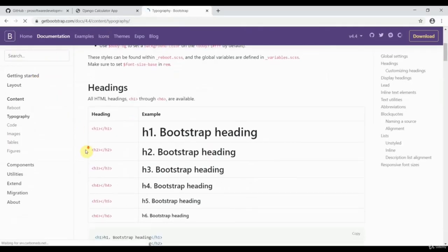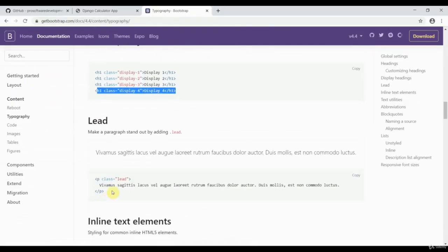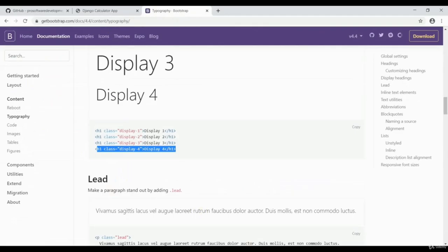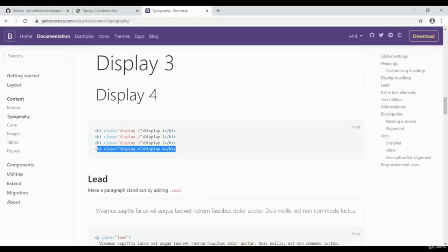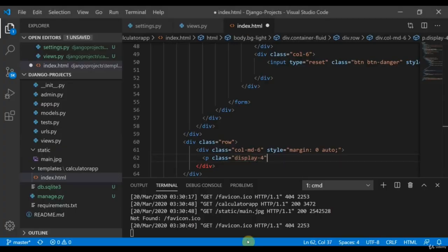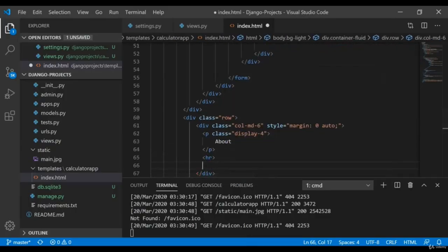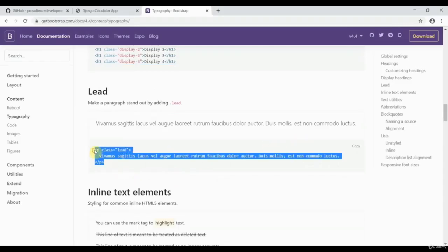We can have various things, one thing you can use here is display-4, or maybe lead as well, whatever kind you want to use. So I can use p class is equal to display-4. This is about, then we can give an HR tag, which will create a line, and then we can use p class is equal to lead,